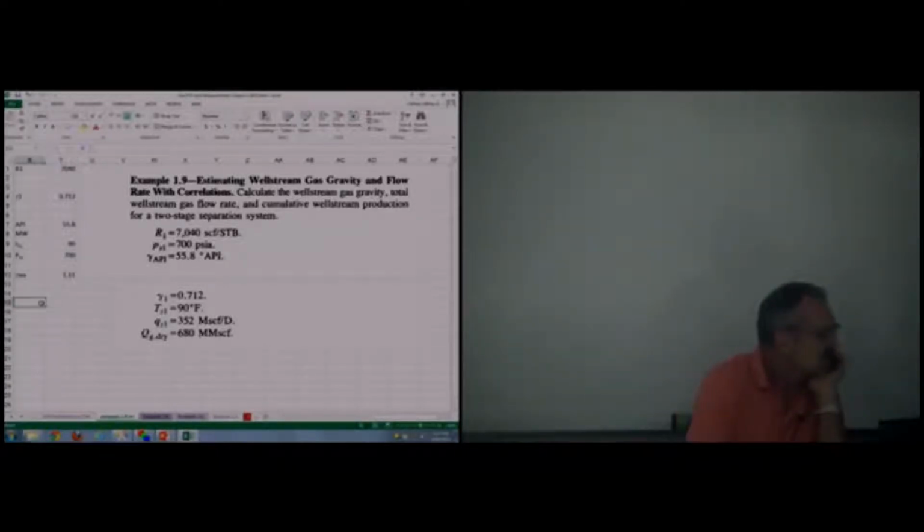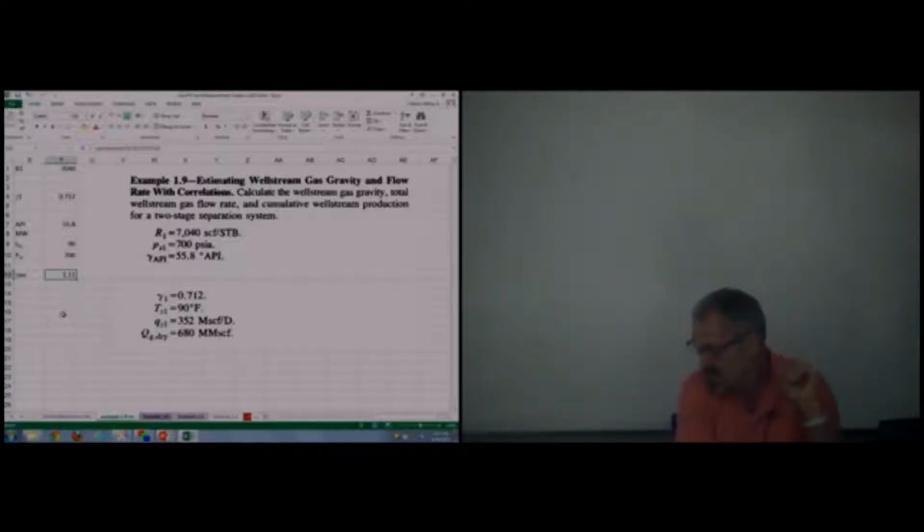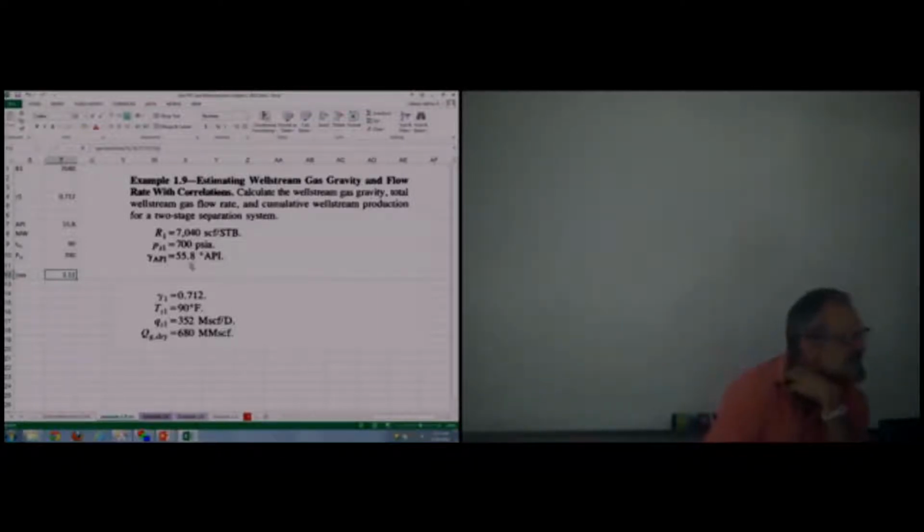Okay, where are we? That's pretty much where I wanted to make sure we were at. We know how to update our software. We know how to run some sensitivity. If we wanted to run sensitivity on this one, on API,